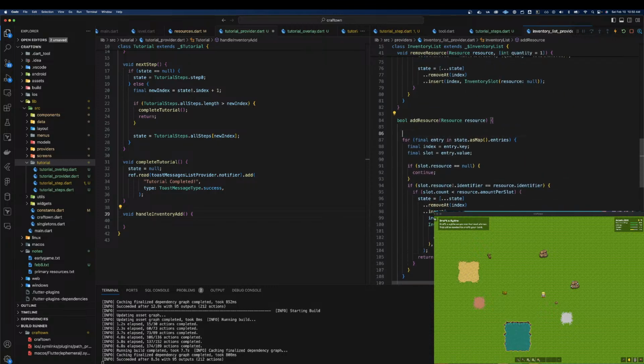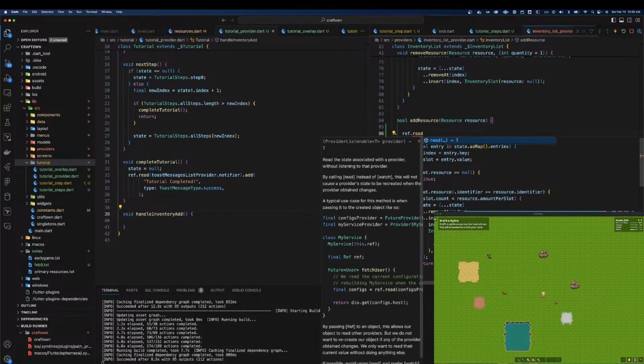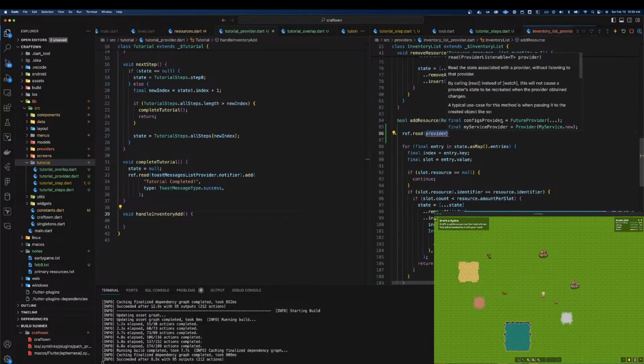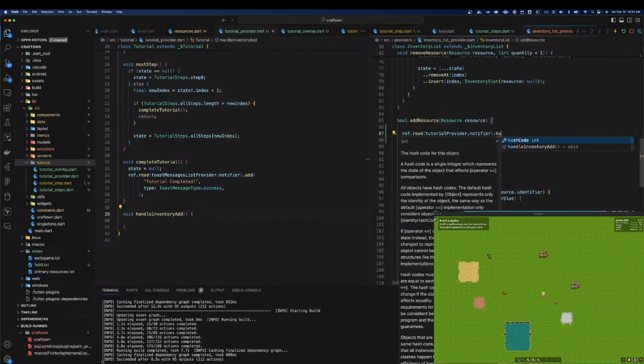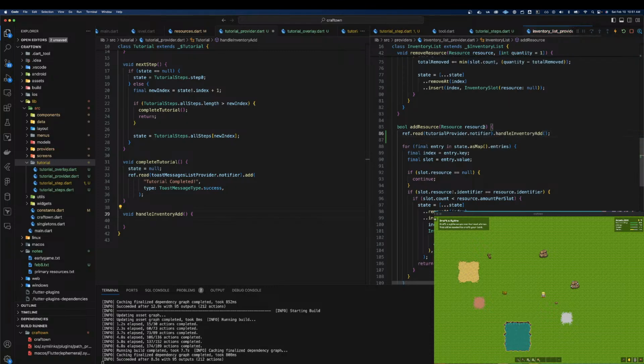I mean, I can just do it here. It's a pretty simple operation. Tutorial provider dot notifier, oops, dot handle inventory add. Cool. So anytime something gets added, it's just going to call this, and then we can check stuff. So in here, we want to say if state equals null, we'll just return out. We don't care about anything. If state dot acquire resources dot is not empty,